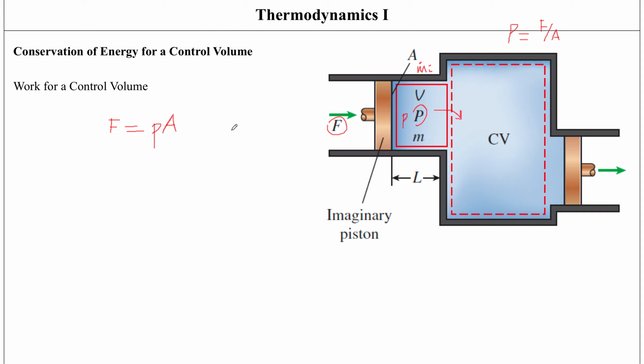And now to push this entire fluid element into the control volume, this force has to act through some kind of distance, because that is what we said work is. Work is equal to force into distance. So this is the force, and it has to act through this distance L, and then the work done, which is called flow work, is going to be equal to